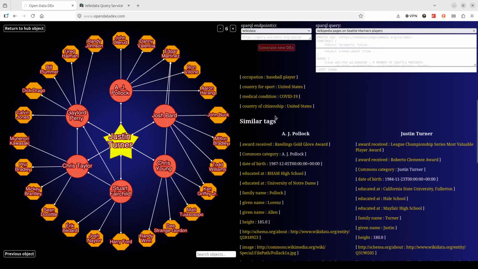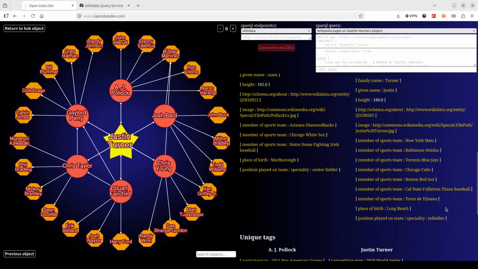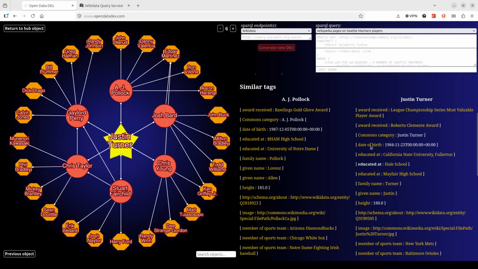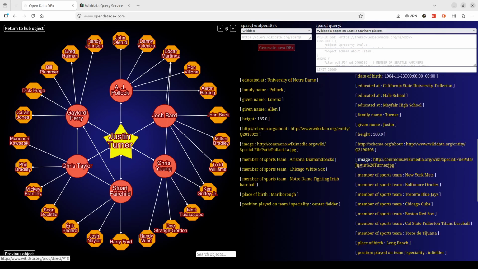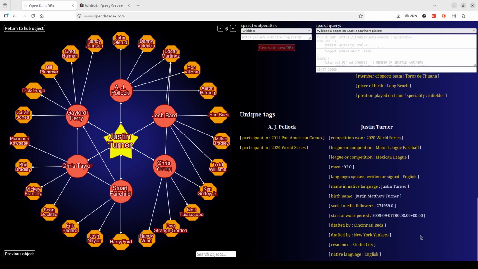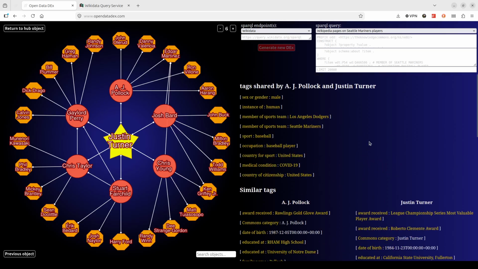He has a lot of details that other players can connect to, and he doesn't have a lot of other crazy details that would differentiate him from a lot of other players. He does have a couple of pretty cool awards. But everything else, all the properties that are recorded, seem pretty general, like most players would have those properties. So that's why it makes sense to me that he is chosen as the hub, even though this is focused on Seattle Mariners players.